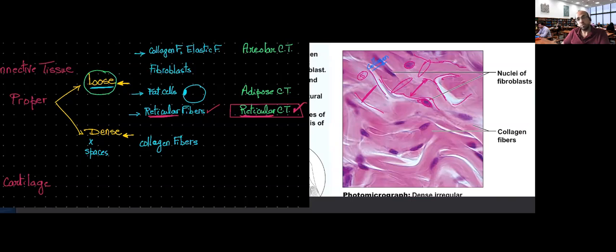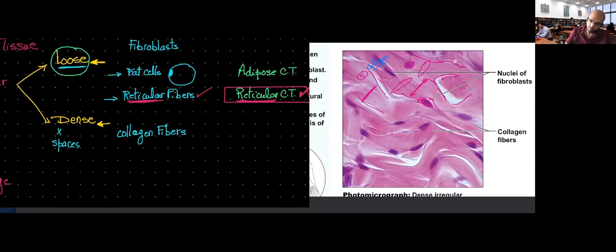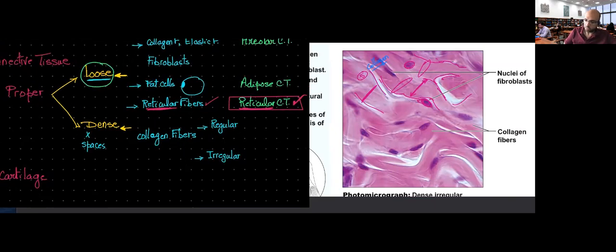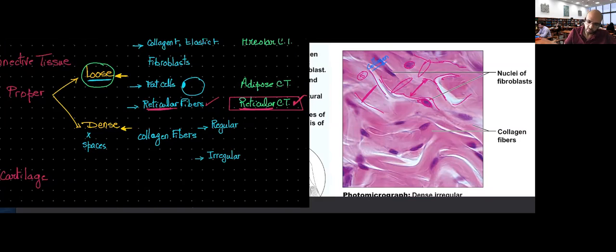Irregular, right? Irregular. So we will classify dense connective tissue that has collagen fibers according to whether there is a regular pattern of arrangement of those fibers or they don't follow any regular pattern, so they are irregular. So we classify the dense connective tissue that has collagen fibers into two categories, either regular